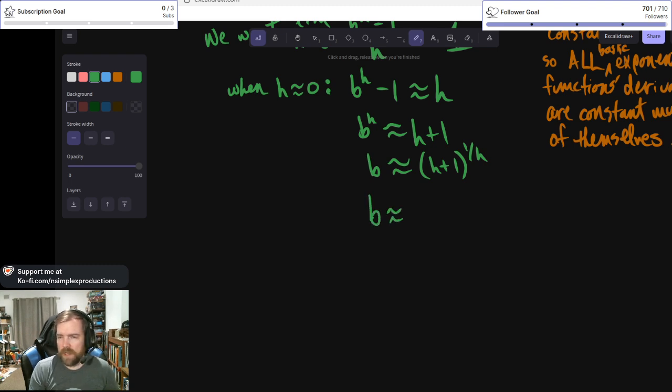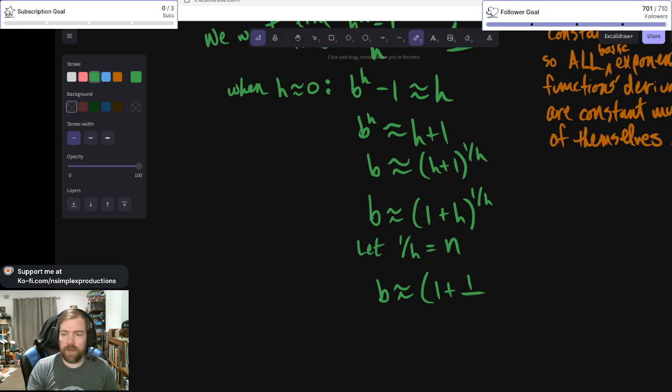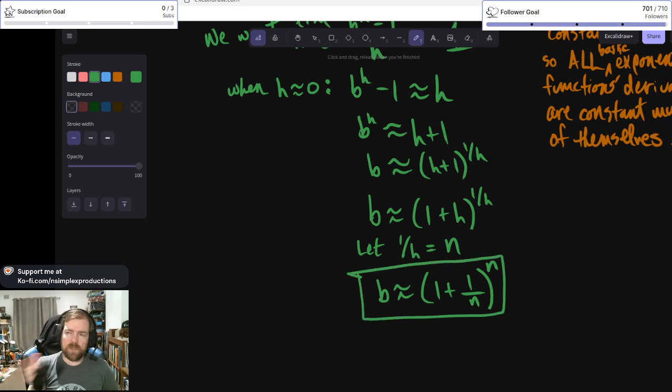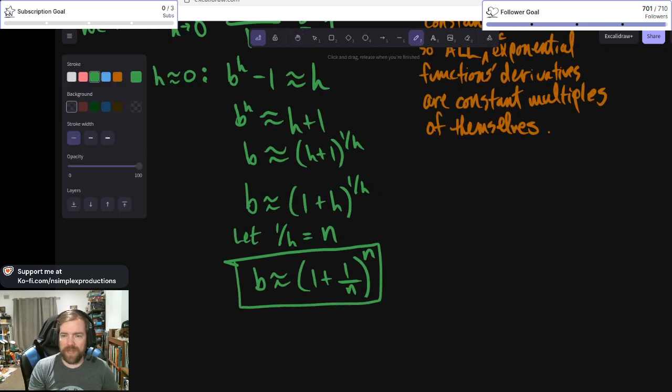If we were to do this as b being approximately equal to 1 plus h, where h is 1 over n, and 1 over h is n. So anybody who's done the compound interest problem where you start looking at further and further values of n,